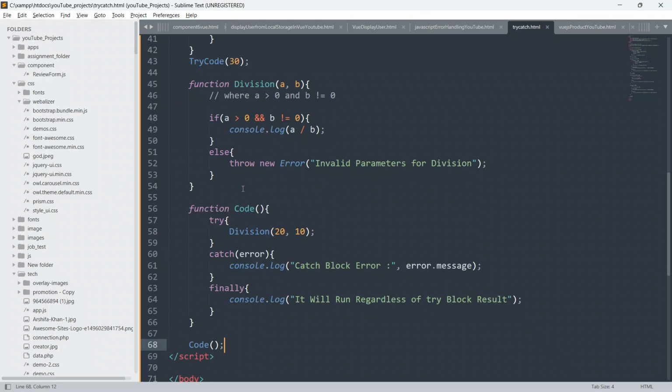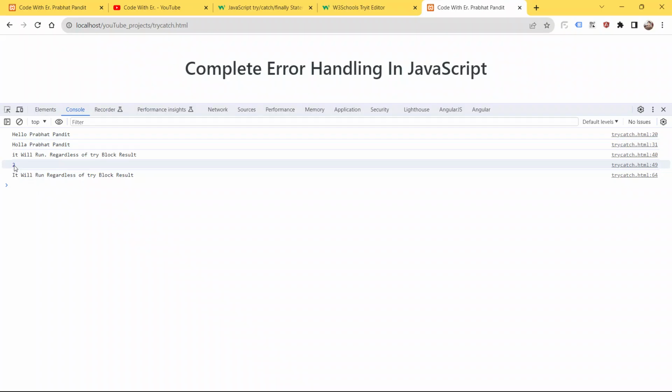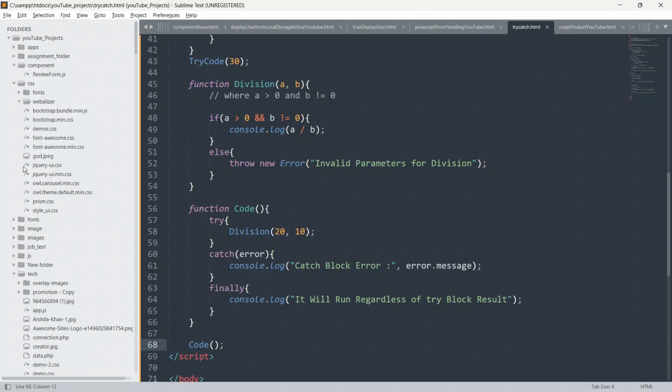We are getting result 2 in the console, because a is 20 and b is 10, and 20 divided by 10 gives 2. The control does not come to the else block, that's why we are not getting any error and not catching any exception inside our catch block.